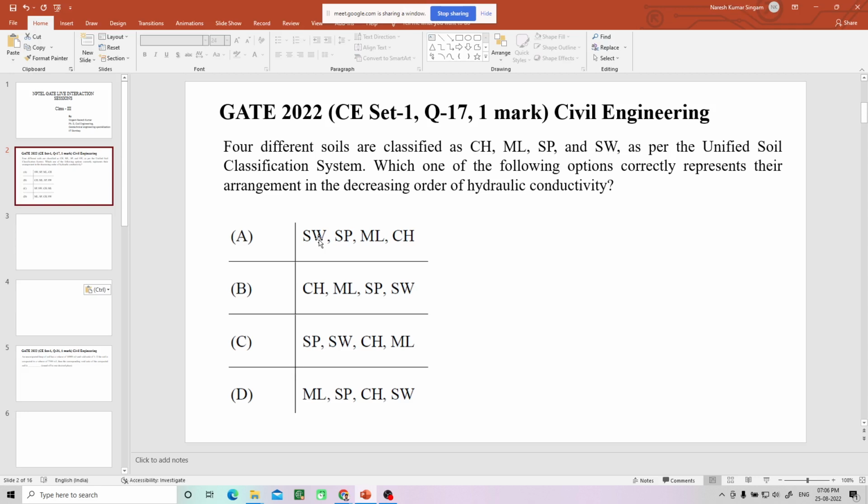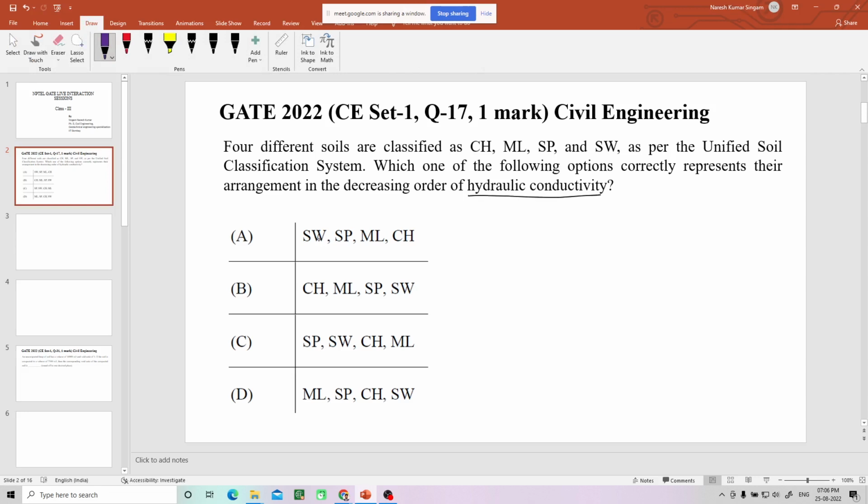Hydraulic conductivity is generally denoted by capital K. This hydraulic conductivity capital K can be written as small k, which is permeability,